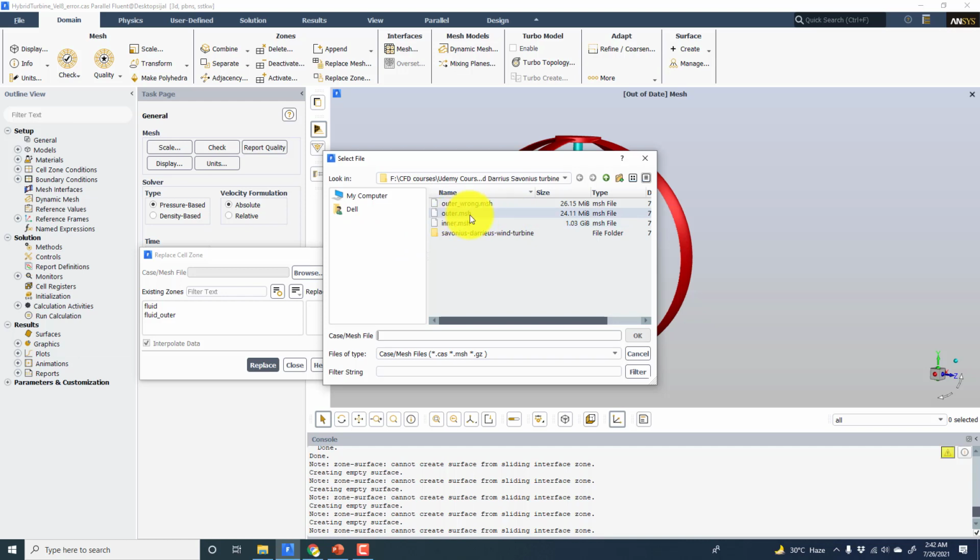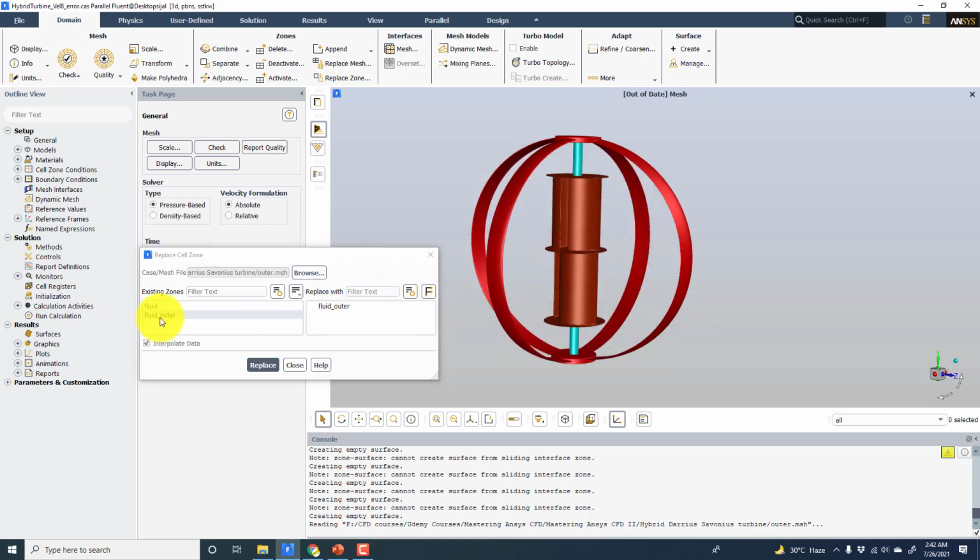This is the corrected mesh, which is the outer one, and the outer wrong was a mesh with the geometry not matching the inner domain. So click on the outer, and now choose this existing zone, which is the fluid outer, and replace it with this new zone, which is the same as the fluid outer but with the modified geometry. Now click on Replace.